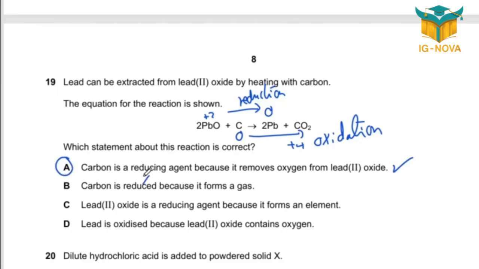Carbon is reduced, wrong. We said carbon is oxidized. Lead oxide is the reducing agent, mistake. Lead oxide is the oxidizing agent as it can donate oxygen. Lead is oxidized, wrong, we said lead has been reduced. So option